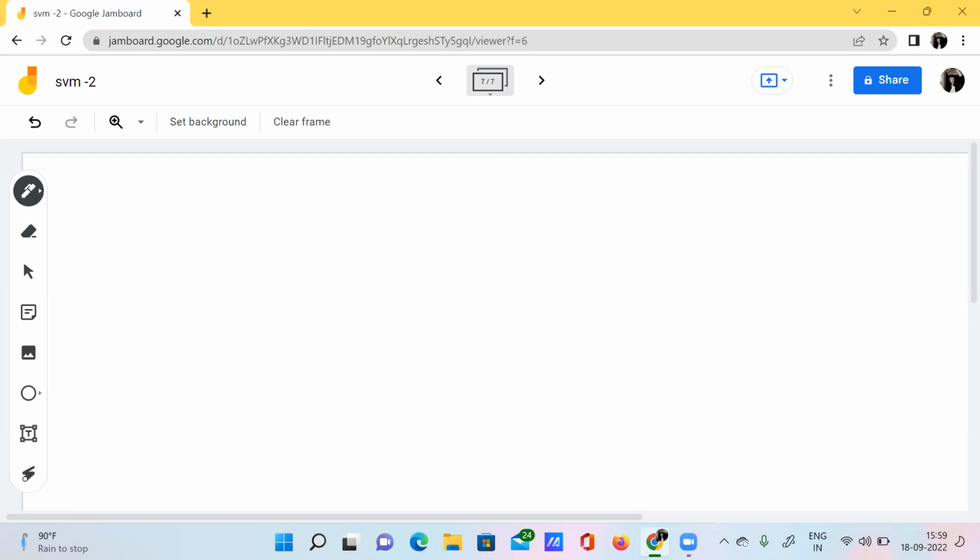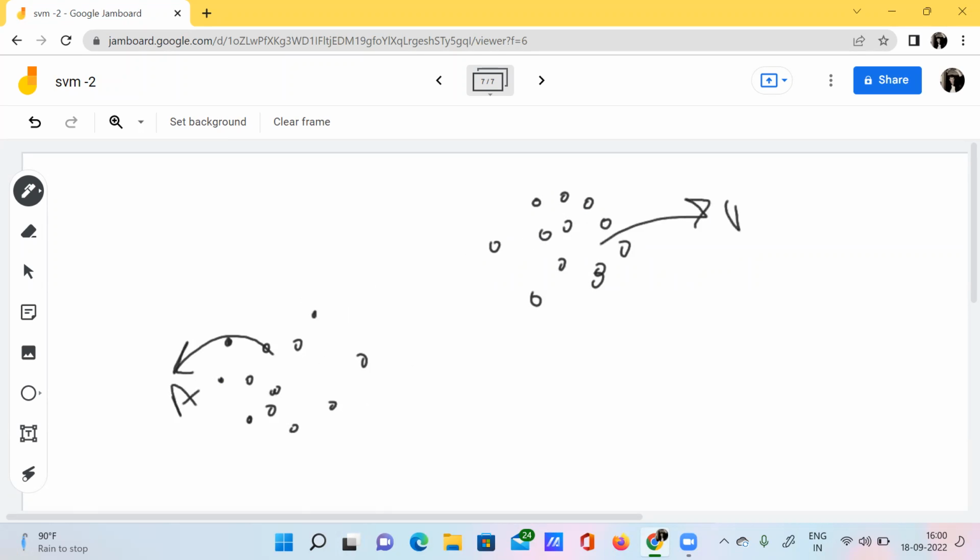For example, we have some data points here, and I have some data points here. I have two categories. Let's say this is category A, and this is category B.